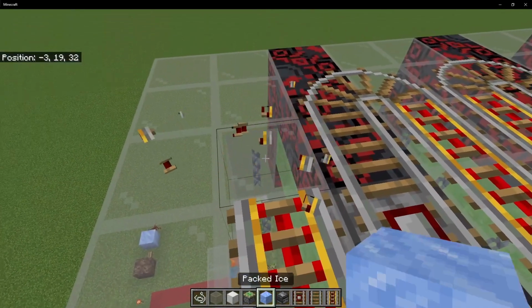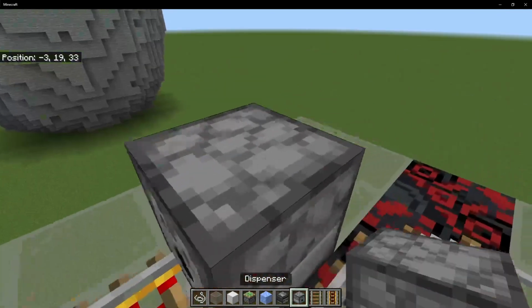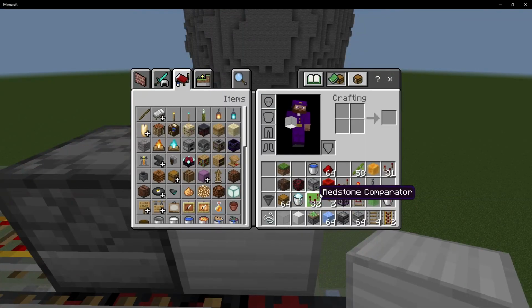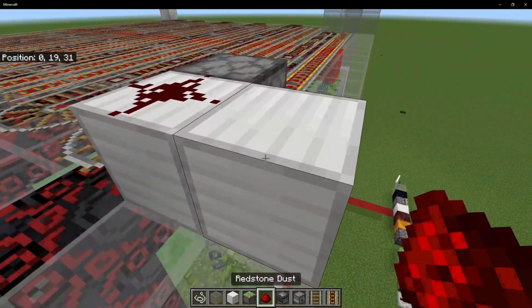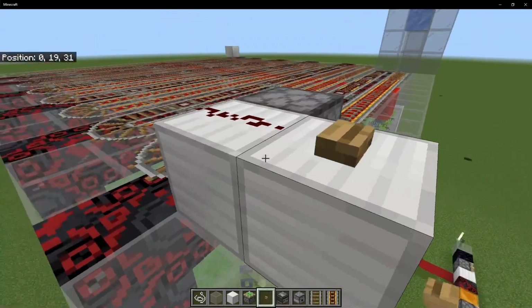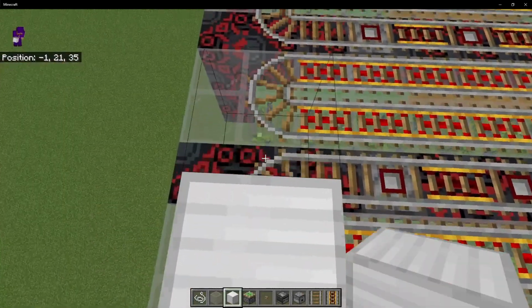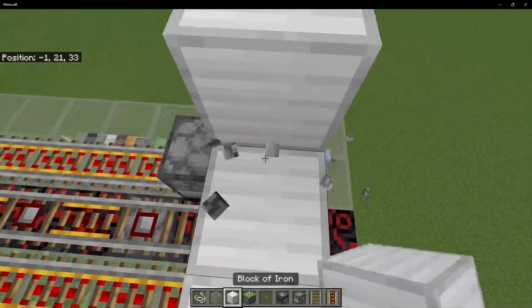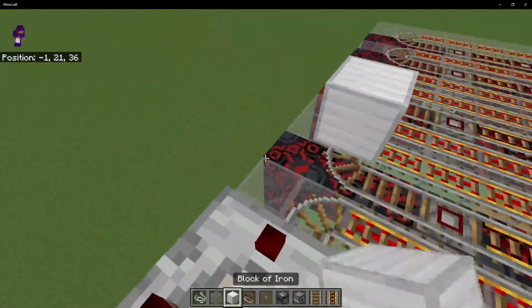Now what we're going to do is break this rail there, and we're going to put in a dispenser. Has to be a dispenser. And we're going to put a block behind it with a redstone dust. And then to make this redstone dust not a dot, you're going to put a button here. Okay, and now we're going to put a block there, and we're going to go 1, 2, 3, 4 away. And we're going to put a block on top of that redstone dust. And then we're going to put a comparator there, a block